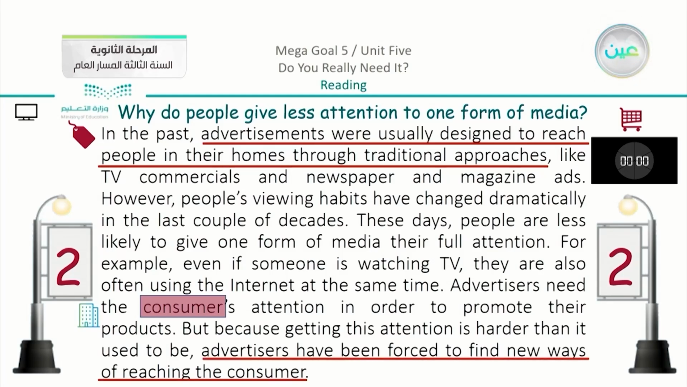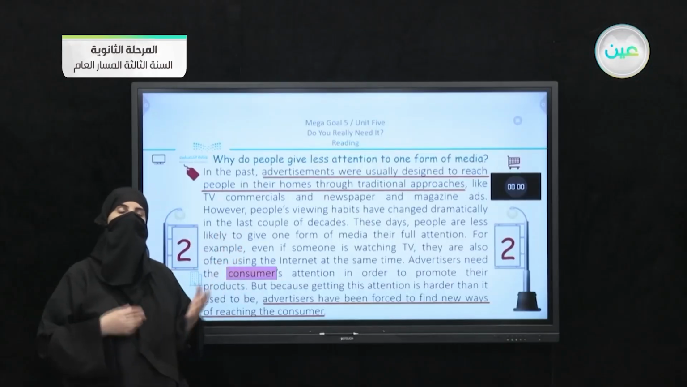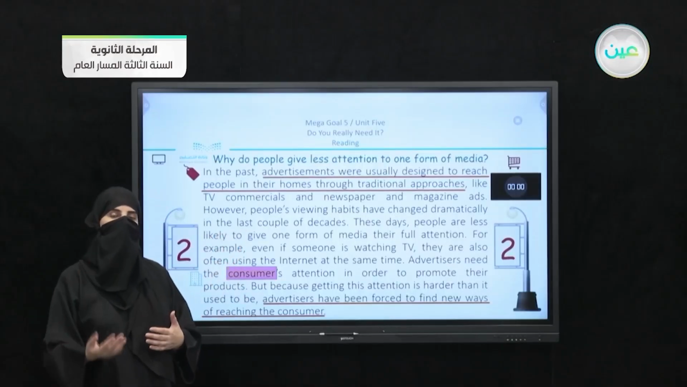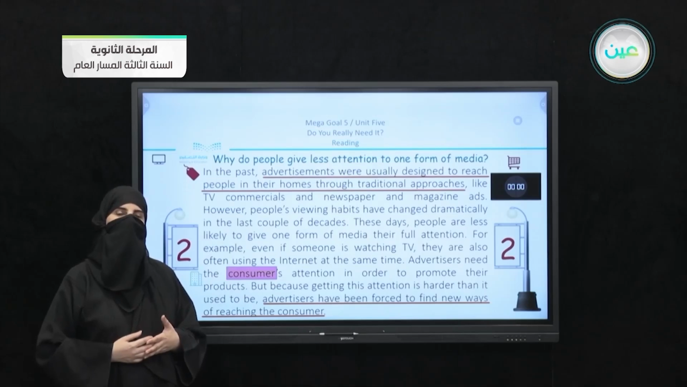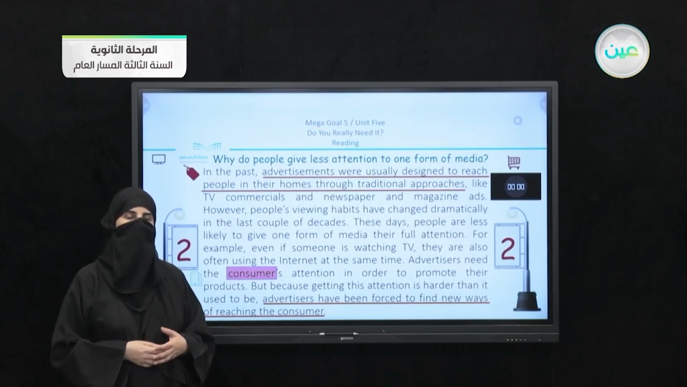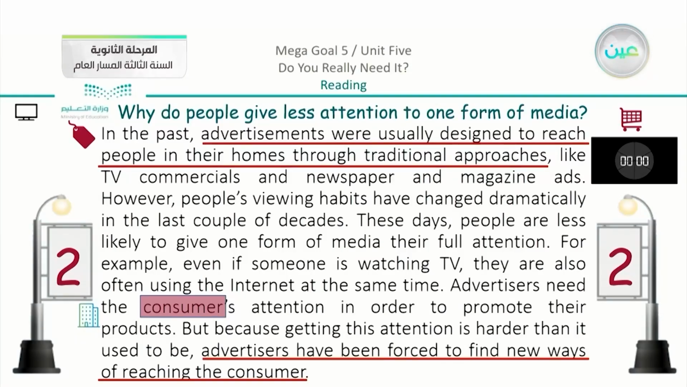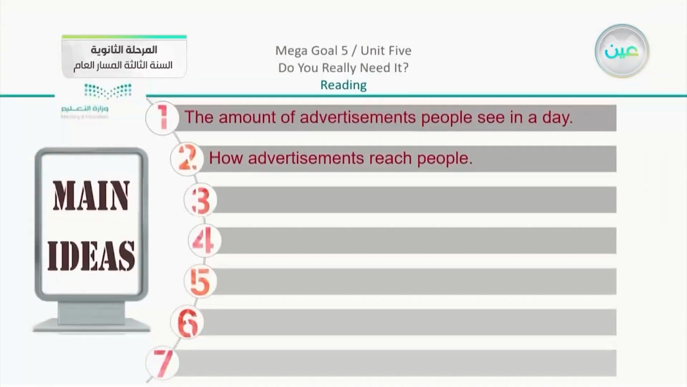Also, we can add that advertisers have been forced to find new ways of reaching the consumer. So just connecting between the past, we are going to think about the present and also the future, and how are advertisers thinking about new methods and ways to approach the consumer. So you can see here that we do have the word consumer, which is one of our vocabulary building words. The main idea that we have here, number 2, how advertisements reach people in general, either in the past, the